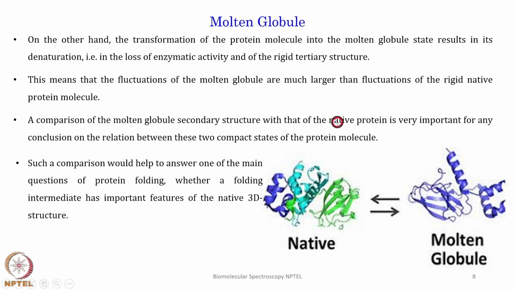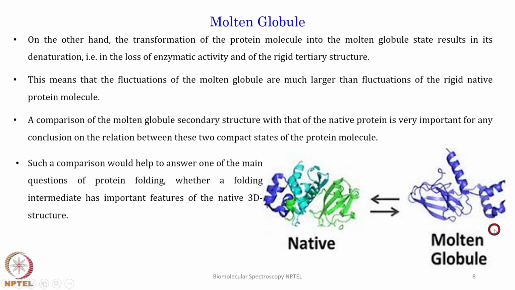So, what happens? Suppose this is an enzyme, a very nicely active enzyme. For the enzyme, the residues in the core have to be correctly oriented, but in the molten globule state the structure is perturbed. Although in your far UV-CD you see the same structure, the tertiary structure is lost, and therefore enzymatic activity can go down. So, you see loss of enzymatic activity in spite of retained secondary structure, if the protein is populating the molten globule state, right. This means fluctuations in the molten globule state are much larger than the fluctuations in a rigid protein,